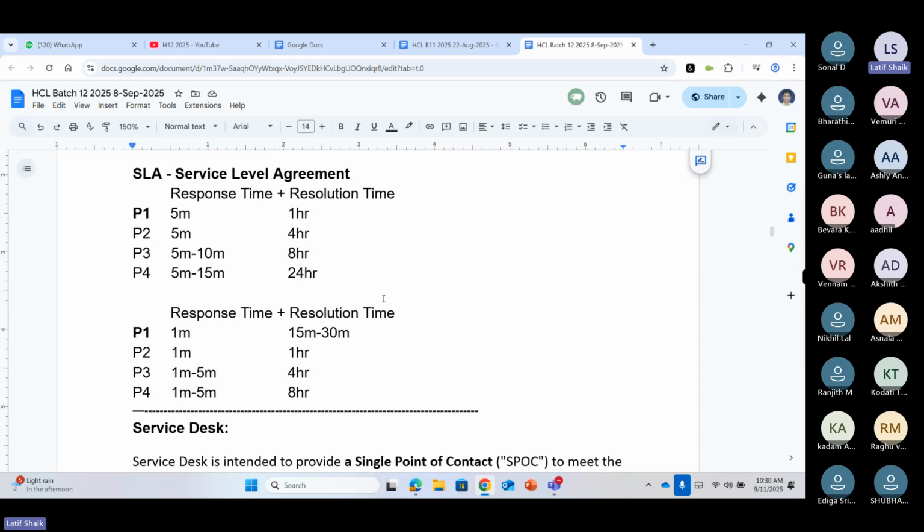These resolution times are based on the organization, meaning the service provider and the customer or client organization. They agreed, right? An SLA is a service level agreement between the service provider and the customer. Both sit together and define what the resolution time is. Certain businesses are very serious, meaning high